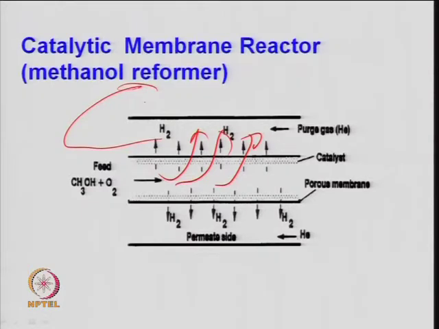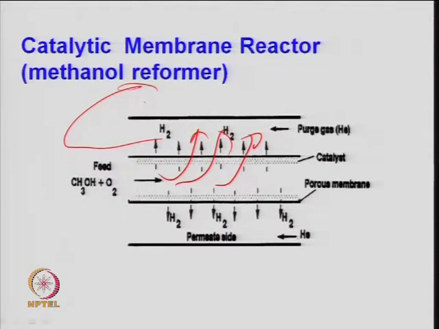So, these kinds of reactors are nowadays being considered. This is just an example of a methanol reformer, right: a catalytic membrane reactor. So, membrane type reactors can be one of the options in the future for hydrogen production, especially for fuel cell application. And then there are these ceramic monoliths, a channel type reactor, right.